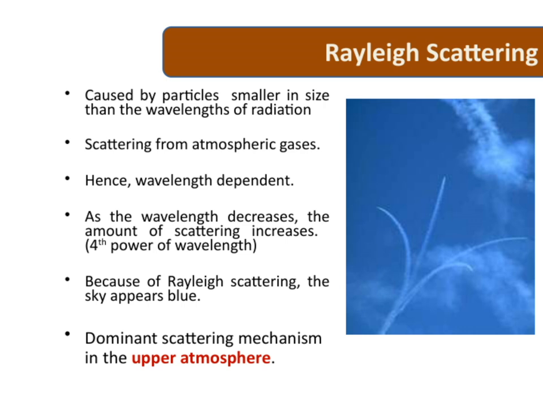This is the key reason why the sky appears blue to us during the day. The blue light, which has a shorter wavelength, gets scattered more widely across the sky. And in the context of our overall discussion about atmospheric phenomena, Rayleigh scattering is the dominant scattering mechanism in the upper atmosphere. It plays a crucial role in shaping what we see when we look up, influencing everything from sky color to the clarity of atmospheric observations.